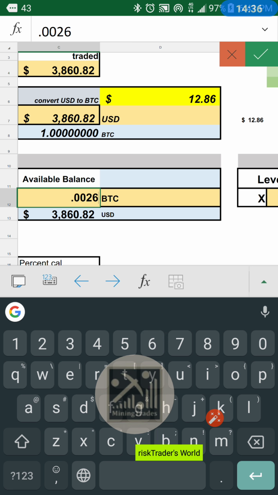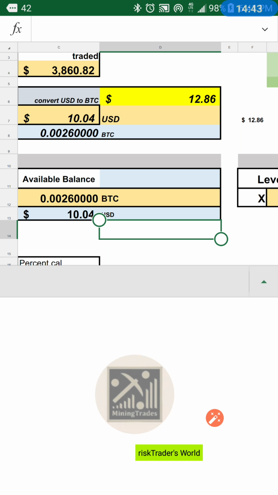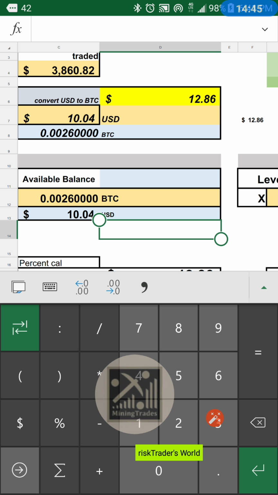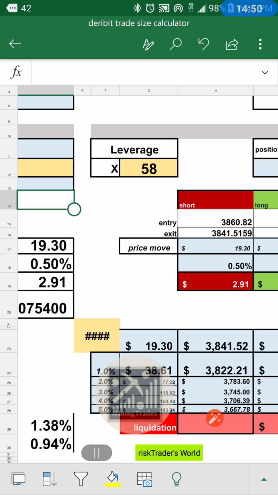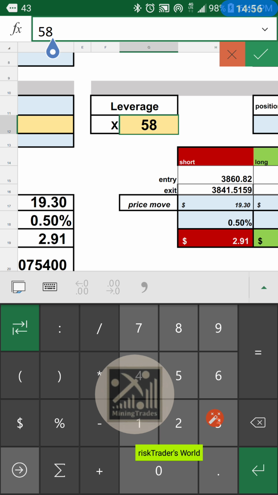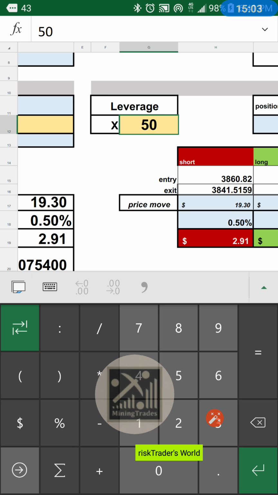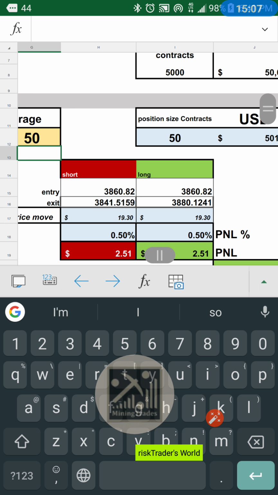All right, enter. That's about $10 USD. Okay, and you come over here and you can say, I want to use leverage of 50. Okay, enter. You see that leverage also corresponds to over here. If you just